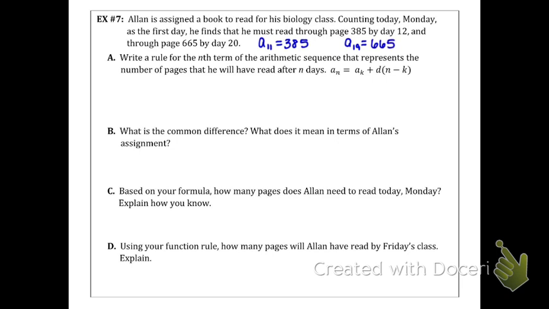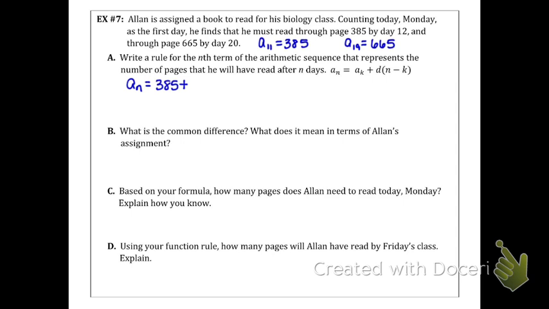Now this is letting today be day 0, okay? So counting today, Monday, as the first day, this is our day 0, that's where we're starting. So that's why it's A sub 11 and A sub 19 instead of A sub 12 and A sub 20. All right, so write a rule for the nth term of the arithmetic sequence. It represents the number of pages that he will read after n days, and it reminds us of the formula there. If I use the first one, A sub 11 is 385 as my A sub k, so A sub n will equal A sub k, which is 385,